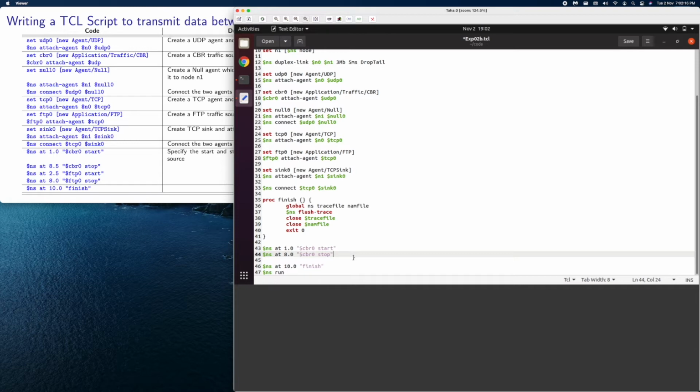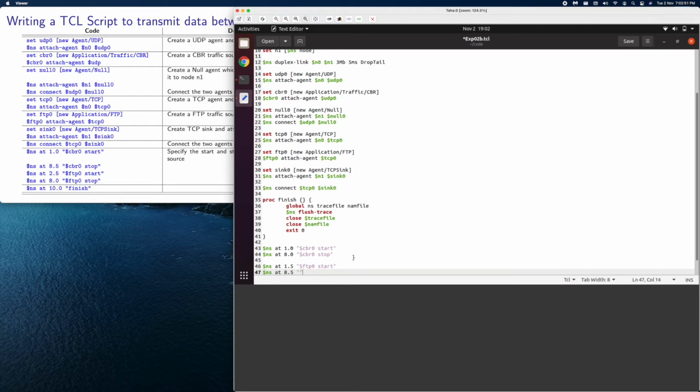After this, just the way we started the CBR application and generated traffic, we'll have to add statements to start the FTP agent also. Let's start it at 1.5, and it should be in double quotes. $FTP0 start, and then let's stop it at 8.5 seconds.